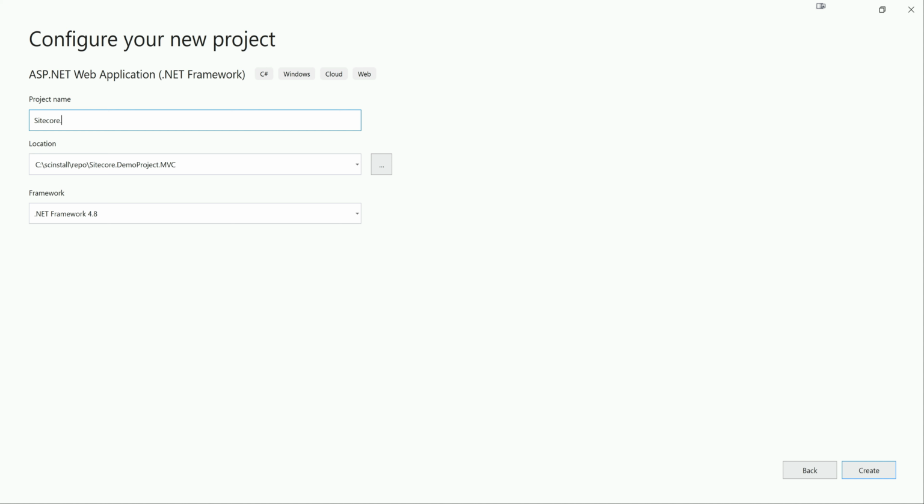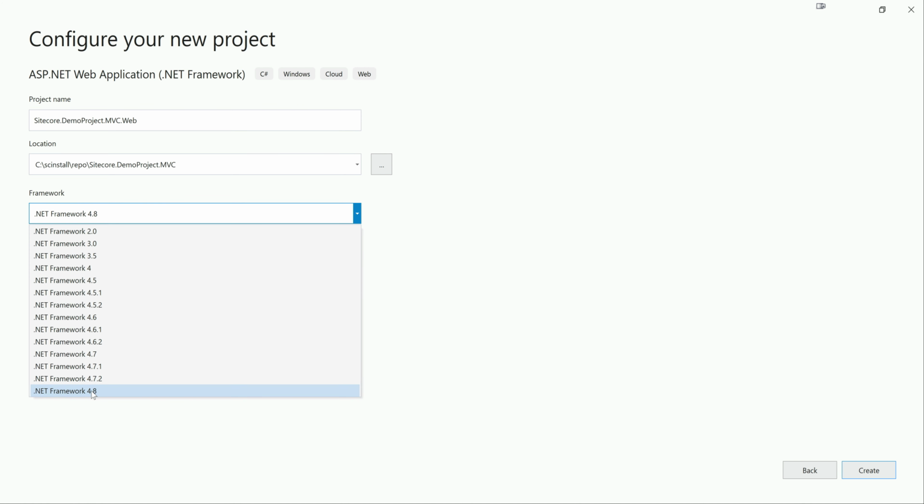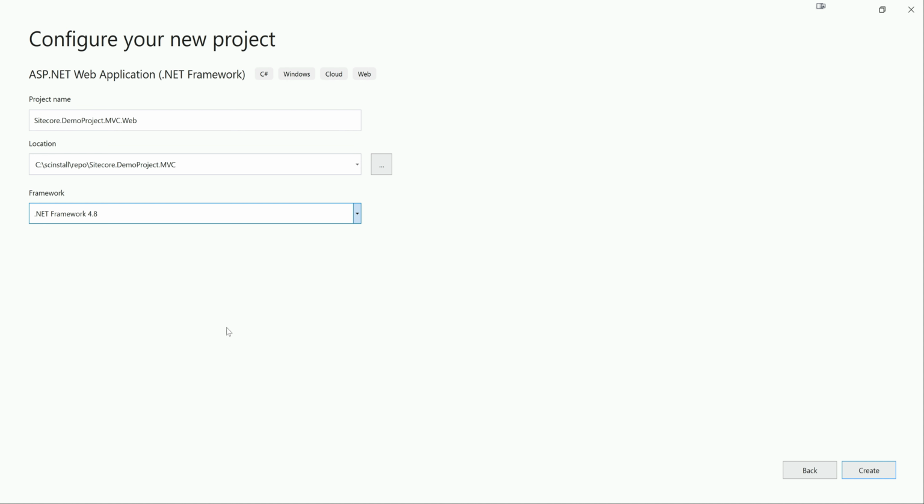Sitecore demo project.web. I'm just putting a name, that's fine. MVC.web, and location is this. Yeah, and .NET framework 4.8. We need to target 4.8 because that's what it supports.